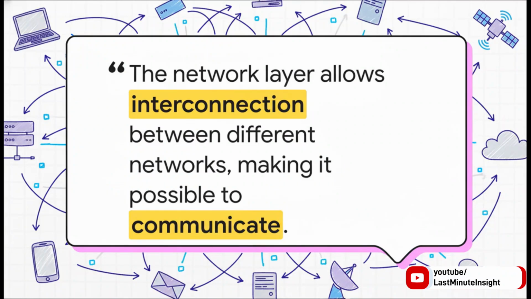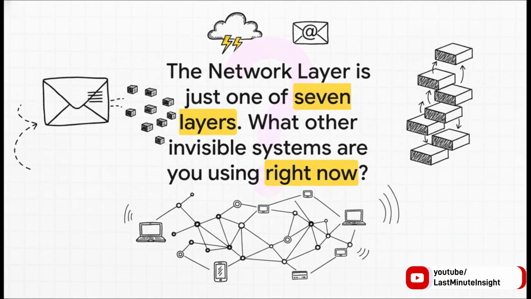The network layer is what puts the inter in internet. It's the magic that allows all these different, separate networks all over the world to connect and talk to each other. It's the reason a device here can talk to a device on the other side of the planet, seamlessly. It's what connects us all. So, next time you hit send, just take a second to think about that incredible, invisible postal service doing its thing. But remember, what we've talked about today, the network layer, it's just one of 7 layers that make all